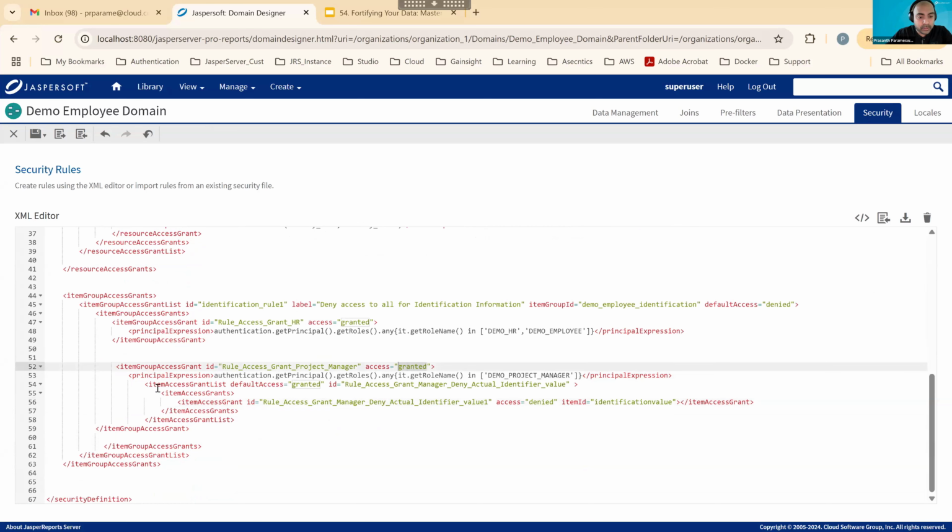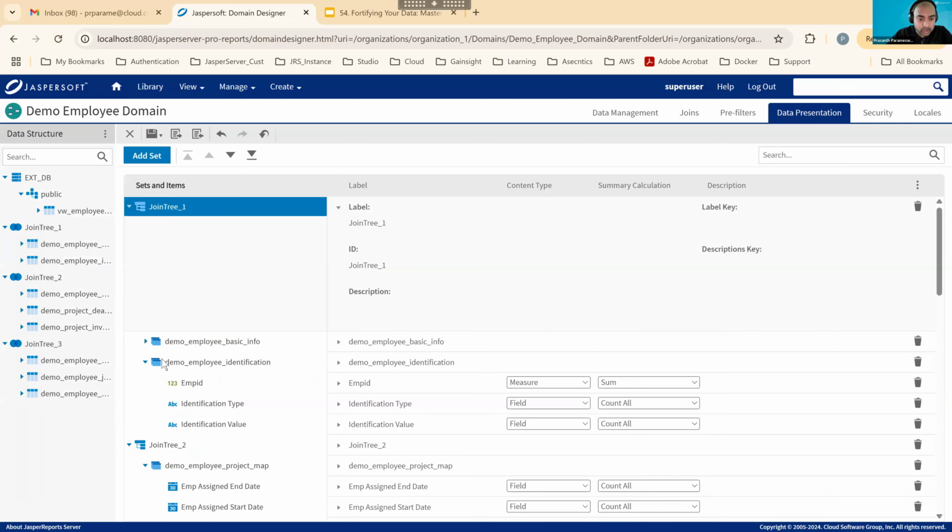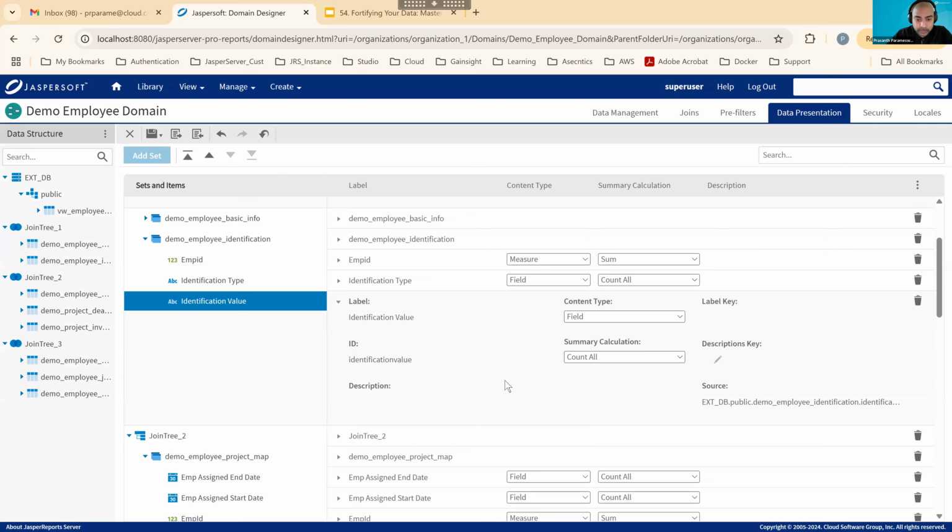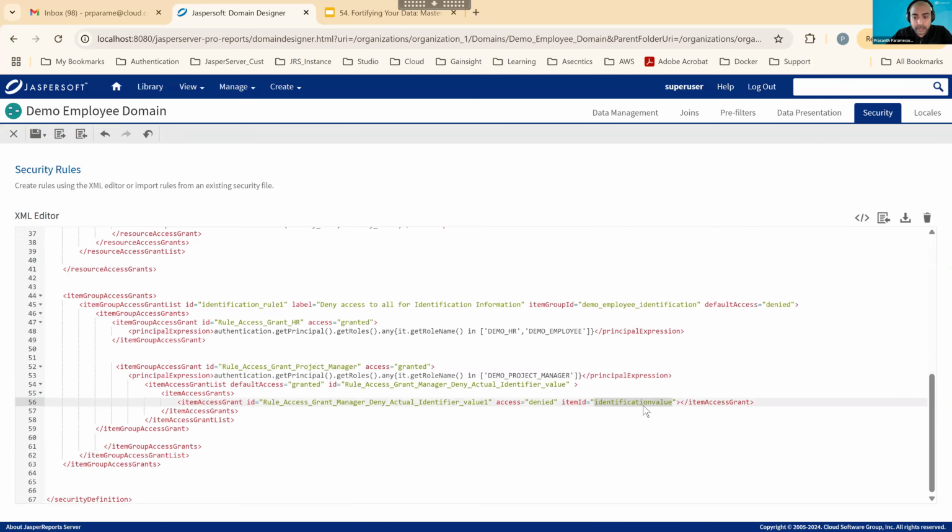So it's straightforward. You can see here I'm granting the demo project manager to see everything initially, and then I am putting an access denied for that particular item ID. If I go to the identification, you can see the identification value field. If I open this, this is the ID. So I'm using this ID here in this field. Now, if I save this,